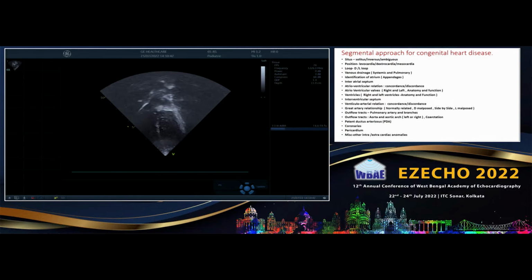If we sweep more anteriorly, then we get to see the pulmonary. Another nice thing she is showing is the crossing of the great arteries. This is essential to demonstrate for a normally related great artery. She has just beautifully shown this is the outflow tract which is coming from the rightward aspect of